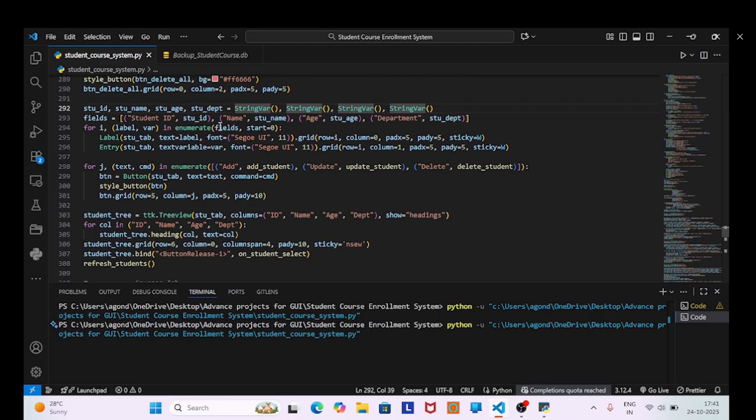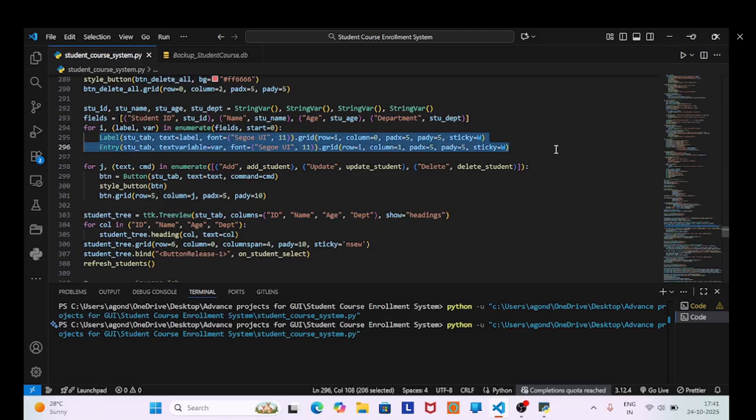Right there you can see I have defined all of its values as strings, and then we have defined the for loop part, which will be written in a Treeview format, as it is going to be used for student ID, then student name, student age, and then student department, which will have the student ID that you can see, and then the name, and then the